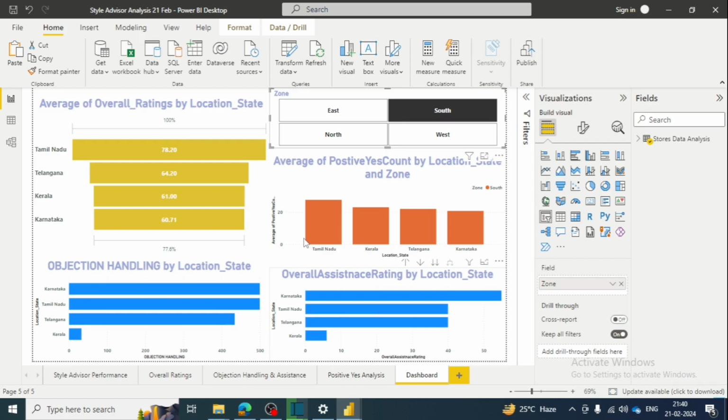So when you analyze this data, we can see that Gujarat needs to improve when it comes to objection handling and the overall assistance. Okay, now similarly we can analyze data in the context of the next level, that is city wise. Okay,